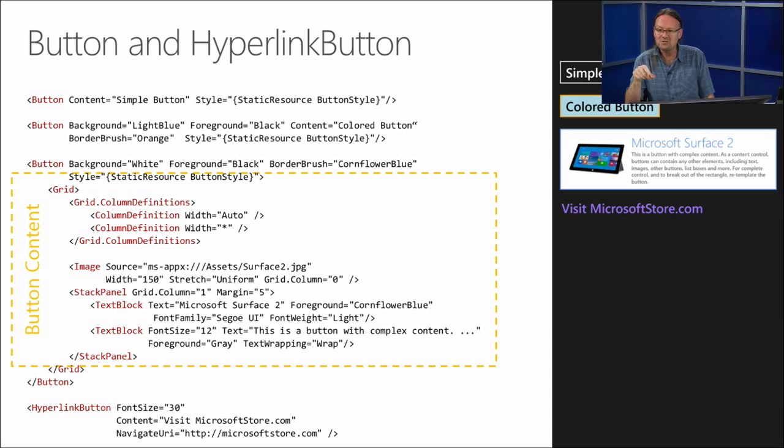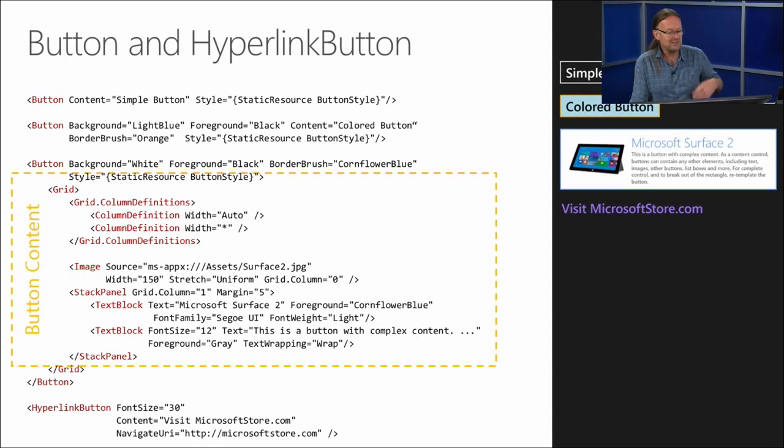And then that Microsoft Surface 2 there is a good example of something that the user can click, which actually is that all of that is defined by that content that's called out by the yellow dashed box in the middle of the slide there. So you can re-template a grid till the cows come home. So here we've got a button where actually its content, what you are showing in this button, is a grid with 2 columns, and in those columns you've got an image and a stack panel containing 2 text boxes, and the result is what you see on the right there.